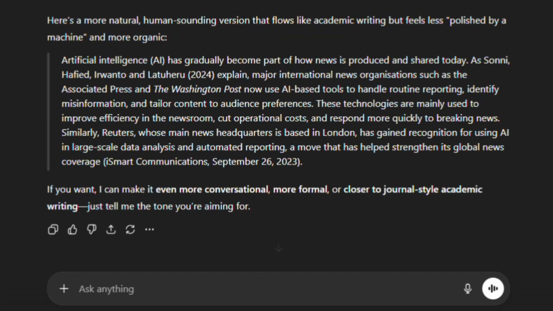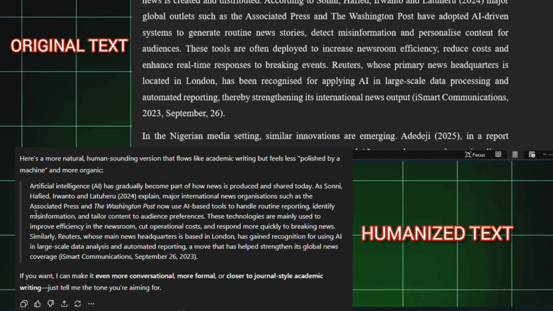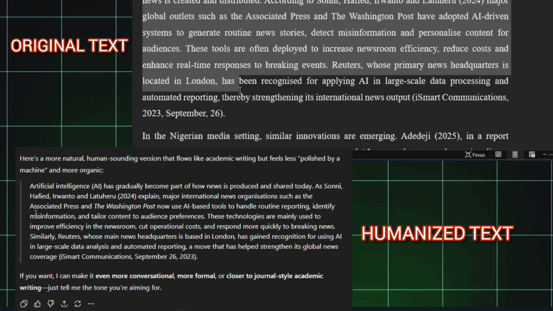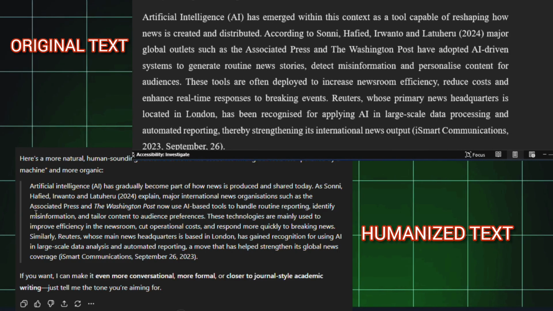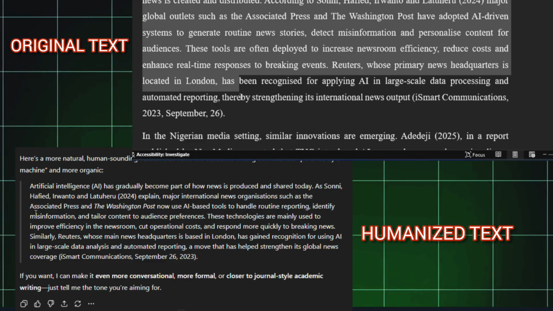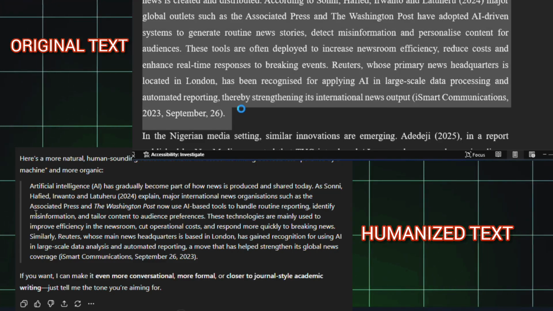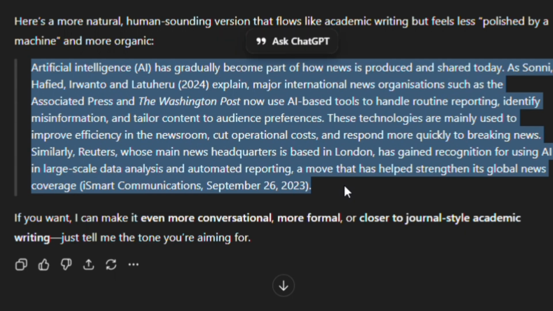Once ChatGPT gives me the result, I don't rush to just copy it and check the percentage again. What I do is read through and scan the text to make sure that this new version matches the original meaning, maintains the same academic tone, and conveys the same information. This is very important so that the original text and the new version don't seem to have two different meanings. You get me? Since everything aligned, I copied the humanized text which ChatGPT gave me